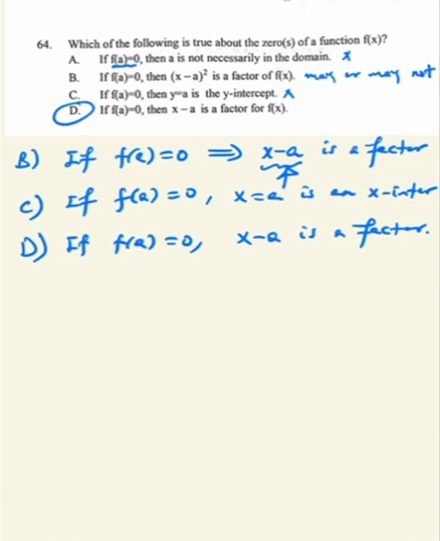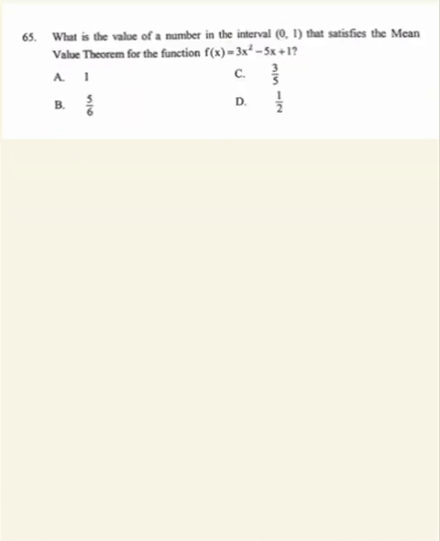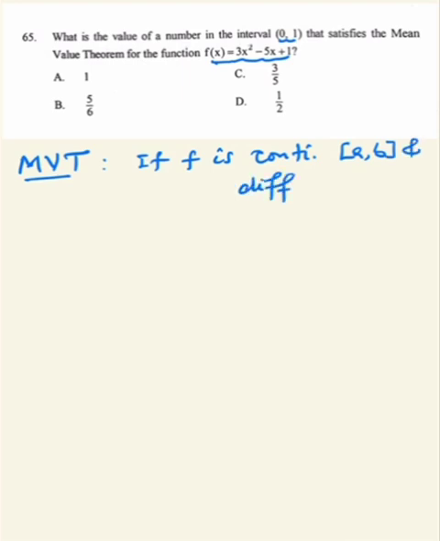so d መልስ ይሆናል ማለት ነው ወደ 65ኛው እና የመጨረሻው ጥያቄ ስንሄድ what is the value of a number in the interval 0,1 that satisfies the mean value theorem for this function okay በመጀመሪያ ደረጃ mean value theorem or shortly MVT የምንለው ምን አይነት theorem ነው so this theorem says if f is continuous on a closed interval AB and differentiable on the open interval AB አሁን በደንብ ስሙኝ mean value theorem ምንድነው የሚለን የሆነ function on some closed interval AB continuous ከሆነ on the open interval AB differentiable ከሆነ then there exists a number C such that f derivative